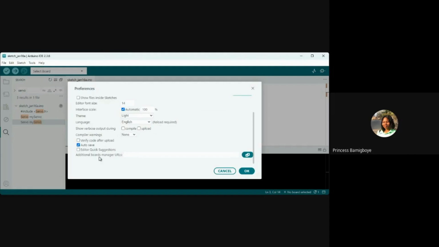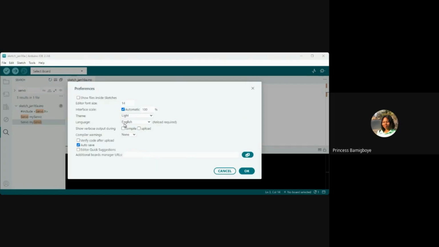Then this part for additional board URLs is for situations where you don't want to use the board manager, or you have a board that the board manager does not have, and you want to work with it. There are two different ways that you can install it on your IDE other than using the board manager.